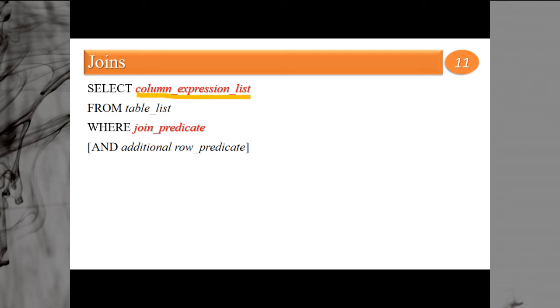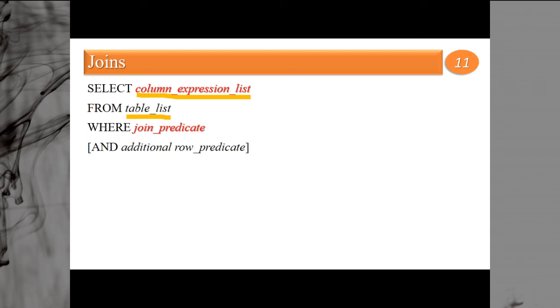This is your select list, and this select list will be from two or more tables. It means the columns you are mentioning here will be picked from two or more tables. Then this is your table list. Of course, join cannot be performed on one table. You will have more than one table. Whether you have a virtual copy of the same table, it doesn't matter, but you will have more than one table. So we are using the table list here.